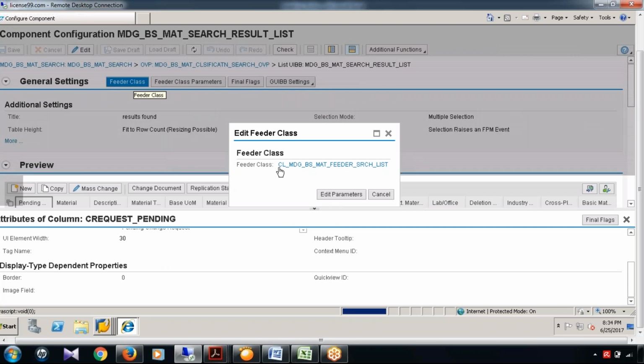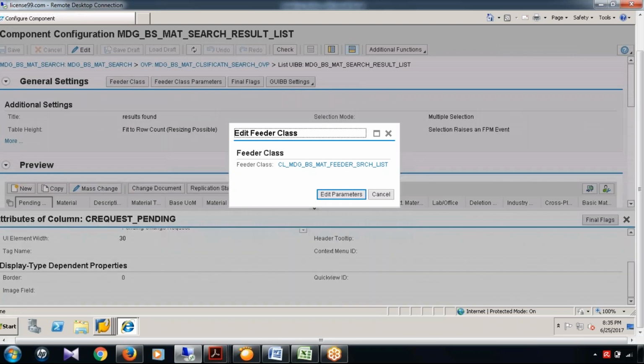So what do you need to do here? Now you want the OR condition, right? Because in the search criteria it is already an AND condition, but you need an OR condition. So go to the feeder class, go to the GET DATA method, and under the GET DATA method you write the logic. Let's say you have logic for: if material type